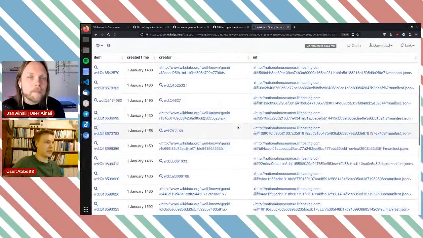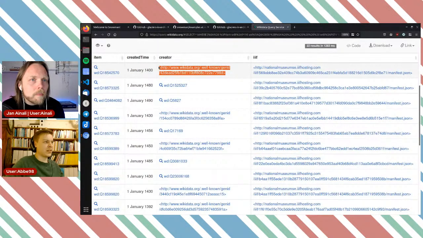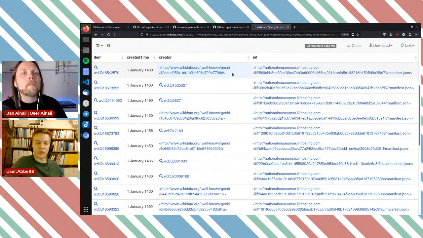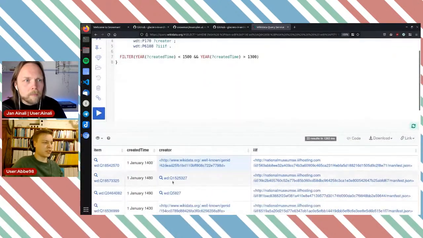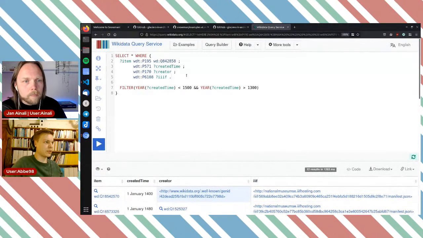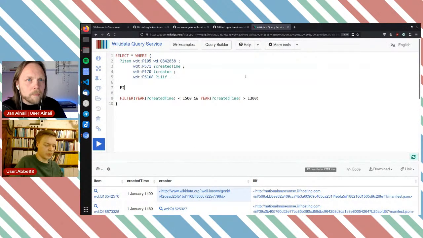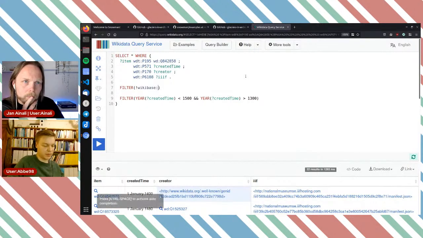So let's inspect this data a little quickly. We quickly see this is what happens if you have an unknown value, or there are a couple of optional ones. It's unknown value and one or two things more. So I used not to deal with that. I'm gonna have that removed as well, and I think we can do that with the filter. So I think not Wikibase is some value. Could that be?